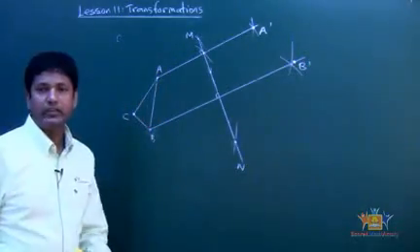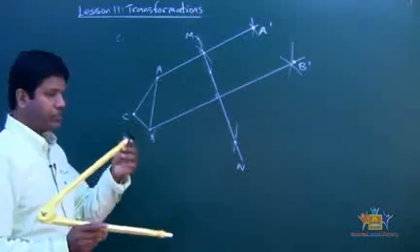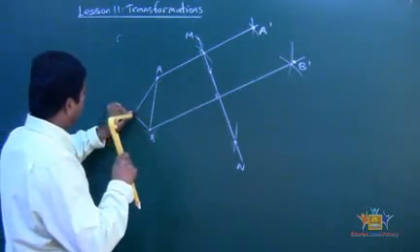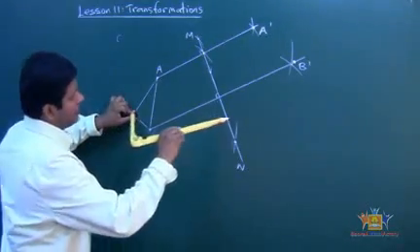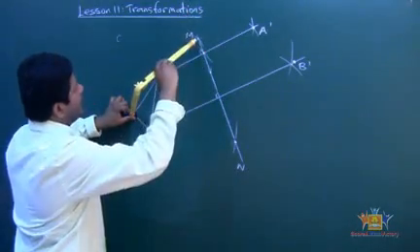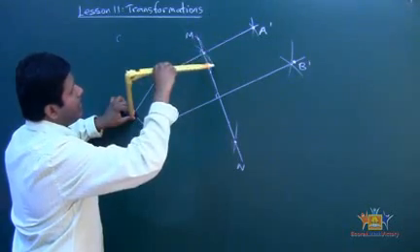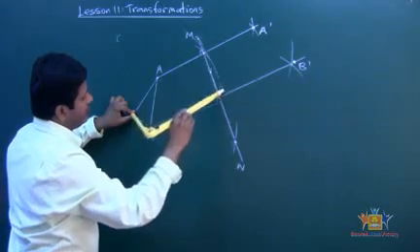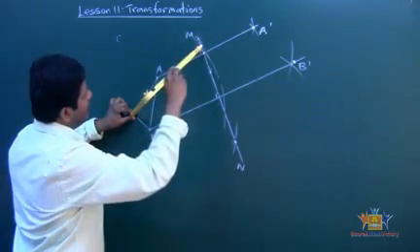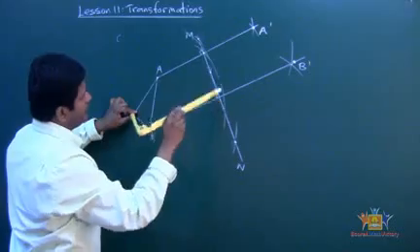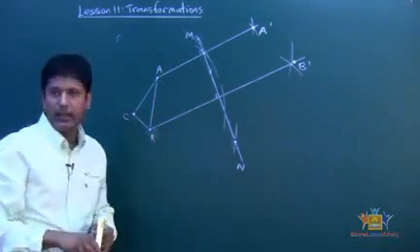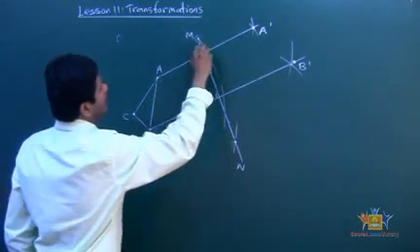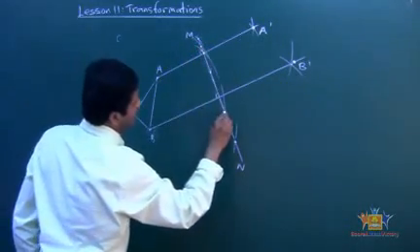Now we want to do it for C. Take the sharp part of the compasses and put it right on the C. Then put it in such a way that you can locate one arc on this side, in this case right there, and another one on this side. So you need 2 points: the intercept between the MN line and the arc, right there and right here.